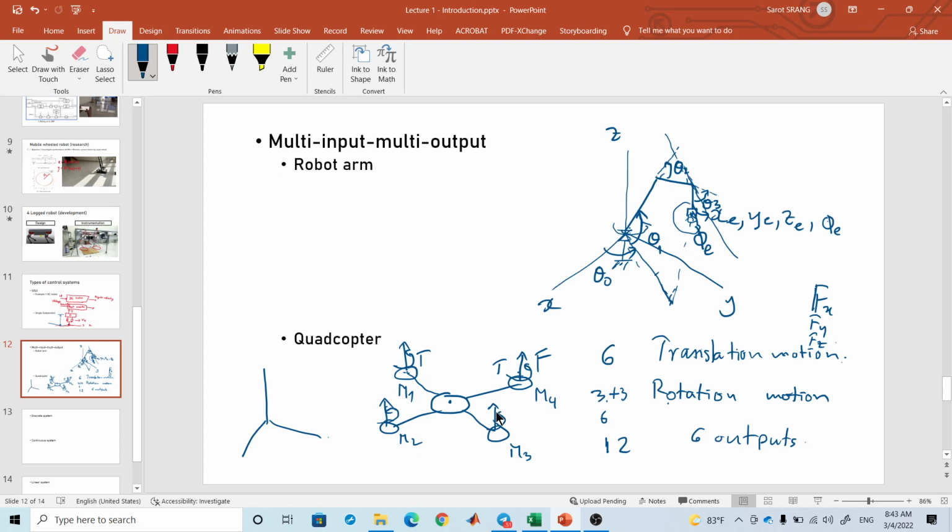Which means, if I write it in the body frame of the drone, you only have one direction, which is the z-axis. So the input reduces to only one, which is thrust, T, and the direction is the z-axis, the z-axis on the body frame. Okay, and for the moment,